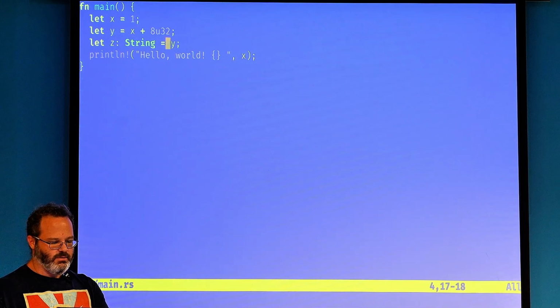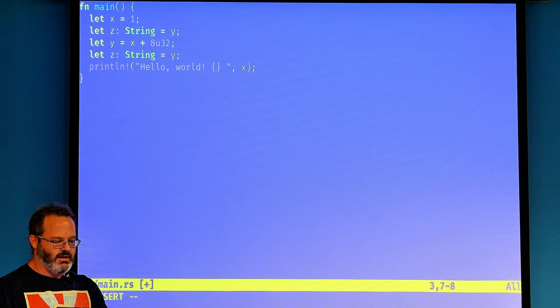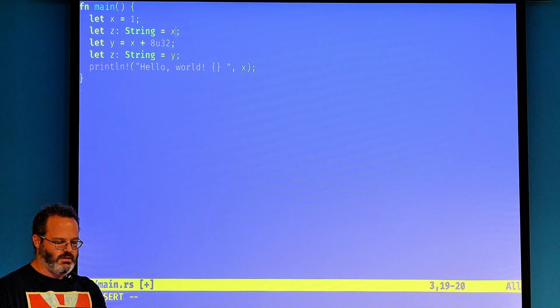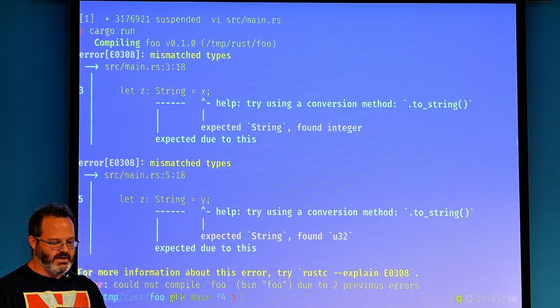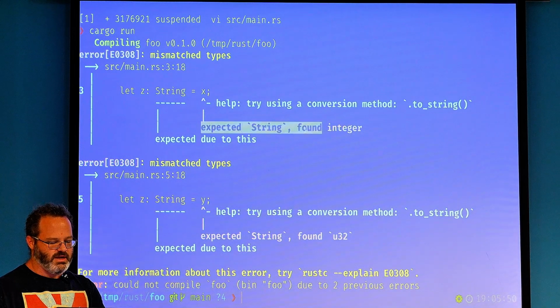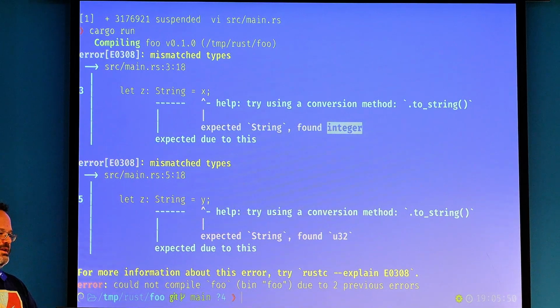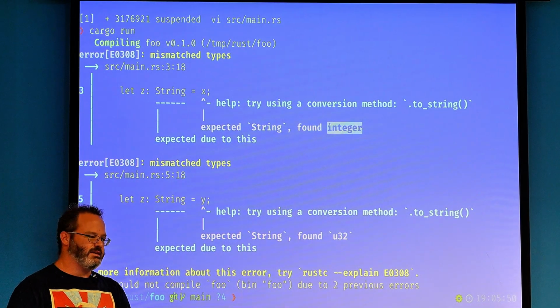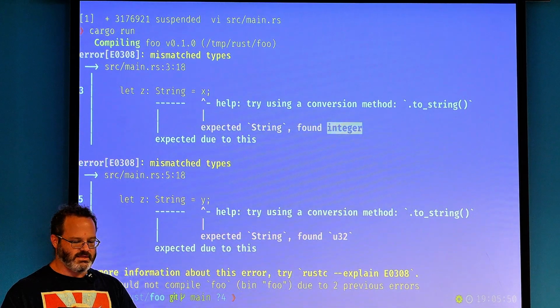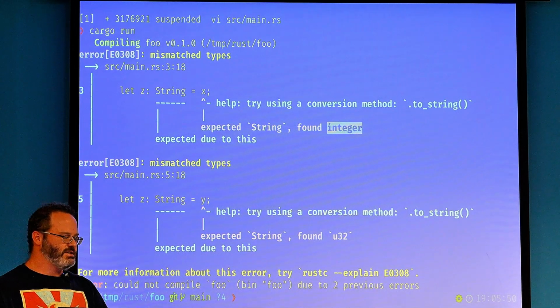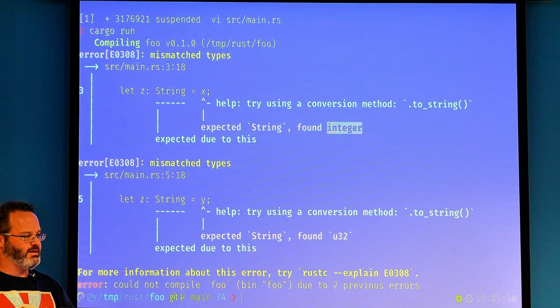Now let's see here what x is. I come up here and I say let z equals String x, like that. It'll generate us another error, and it'll say expected String, found integer, right? That means at this point, it doesn't know what x is equal to. It still has it indecisive, and it's effectively saying that it is an integer. So it hasn't made the decision about what type to make x yet. But it will later on in that inference. If nothing else, it will just infer